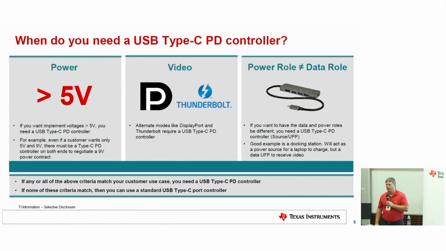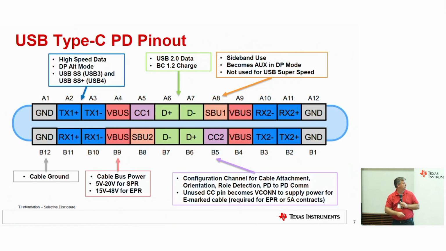If the audio is going through the D plus, D minus, the traditional way, no. But if you're tunneling it through the high speed lines, then yes. But probably not. I don't know, SK, if you know. I believe most of the audio actually went through the data D plus, D minus. Correct, that'd be the legacy. So actually you are pulling both CC1 and CC2 to Ra. Thank you for the question, because it pointed out a couple of pins I didn't mention before.